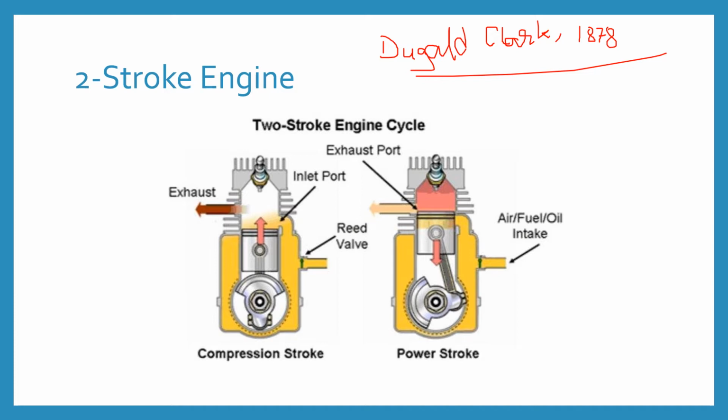The air-fuel mixture is introduced into the crankcase through the spring-loaded valve, when the pressure in the crankcase is reduced due to the upward motion of the piston